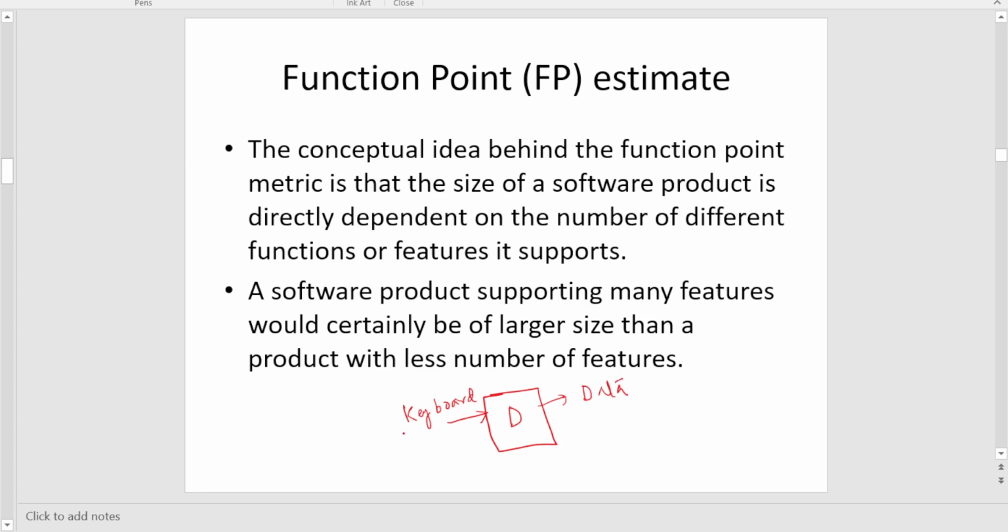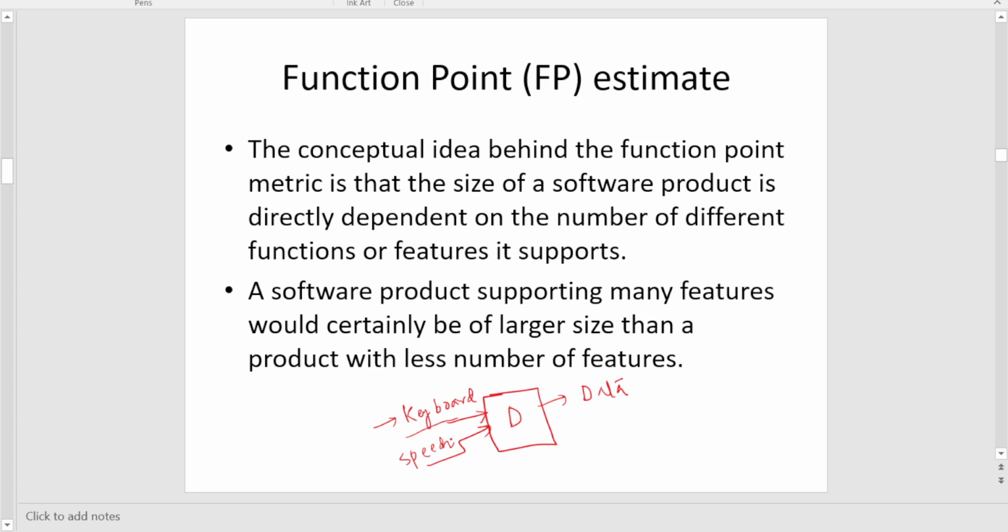So the functions it has are reading the values and printing the values. Now if the requirement comes that it should read not only from the keyboard but from speech as well, then